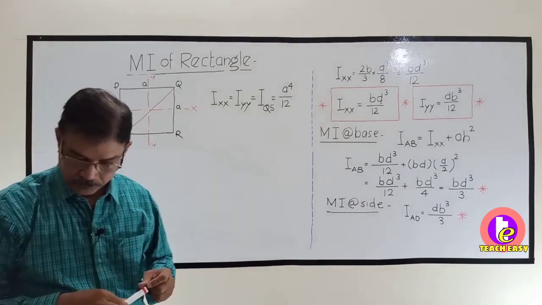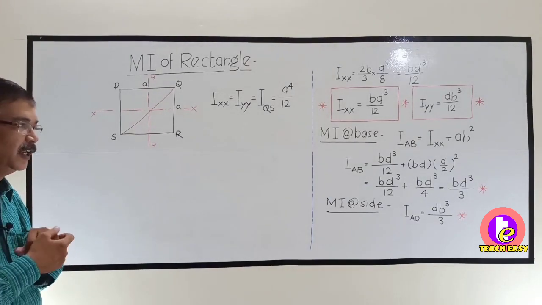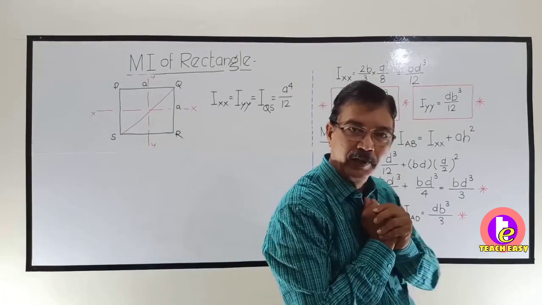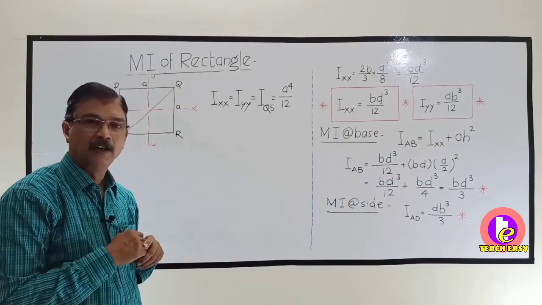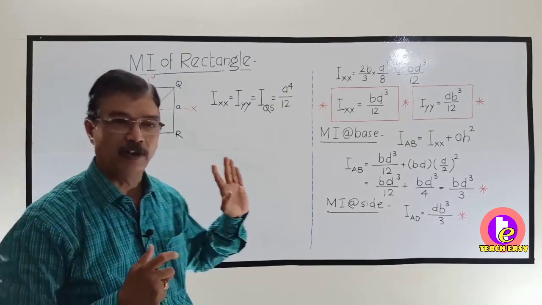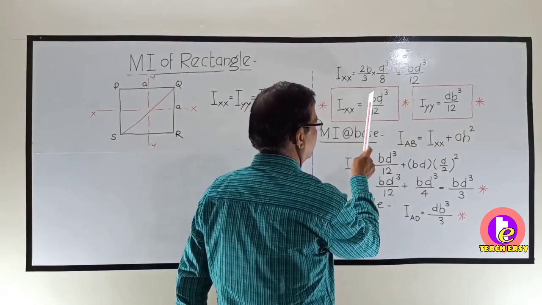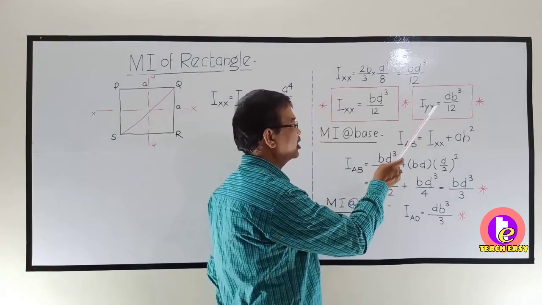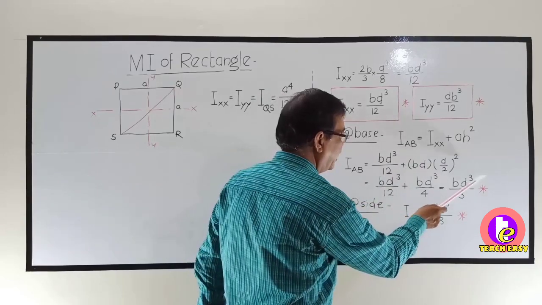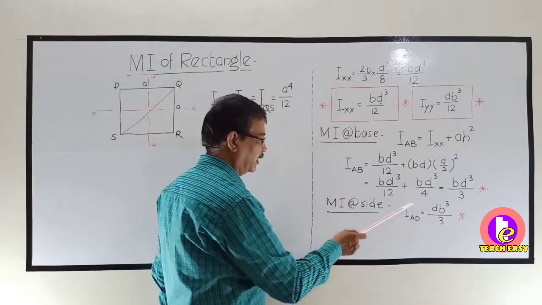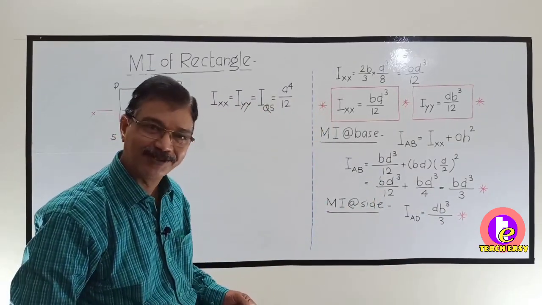So in this lecture, we saw how to find out moment of inertia of a rectangle. We have derived the formulae for the same. Though the formulas are not asked in the exam, I have shown you how it is calculated. For other standard figures, we will not derive any formulae. Once again, I will repeat, moment of inertia of a rectangle about horizontal centroidal axis is BD cube by 12. About vertical centroidal axis, it is DB cube by 12. About the base, it is BD cube by 3, and about the side, it is DB cube by 3, where B is the width of the section and D is the depth of the section.